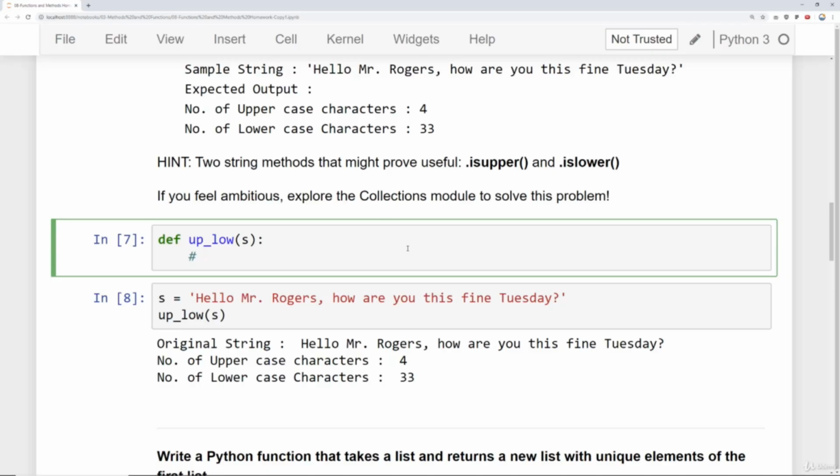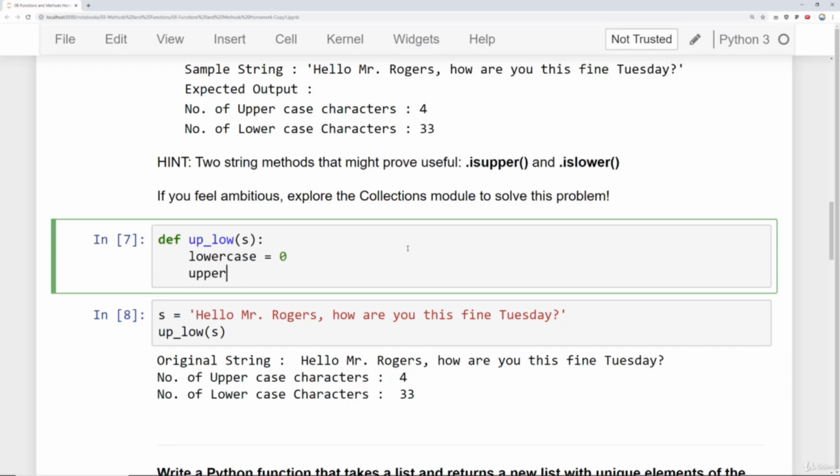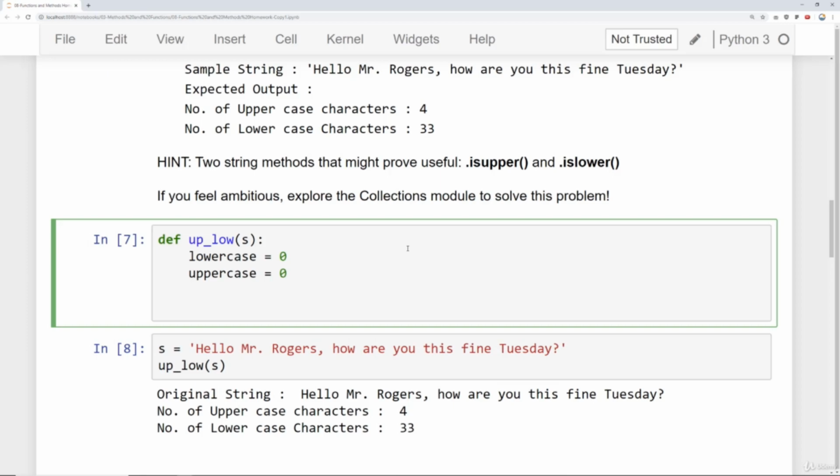So I'll first show you with 2 separate variables, and then I'll show you the dictionary method. So let's go ahead and say lowercase starts off at 0, and then uppercase starts off at 0. And what I'm going to do is the following. I'll simply say for every character in my string s,